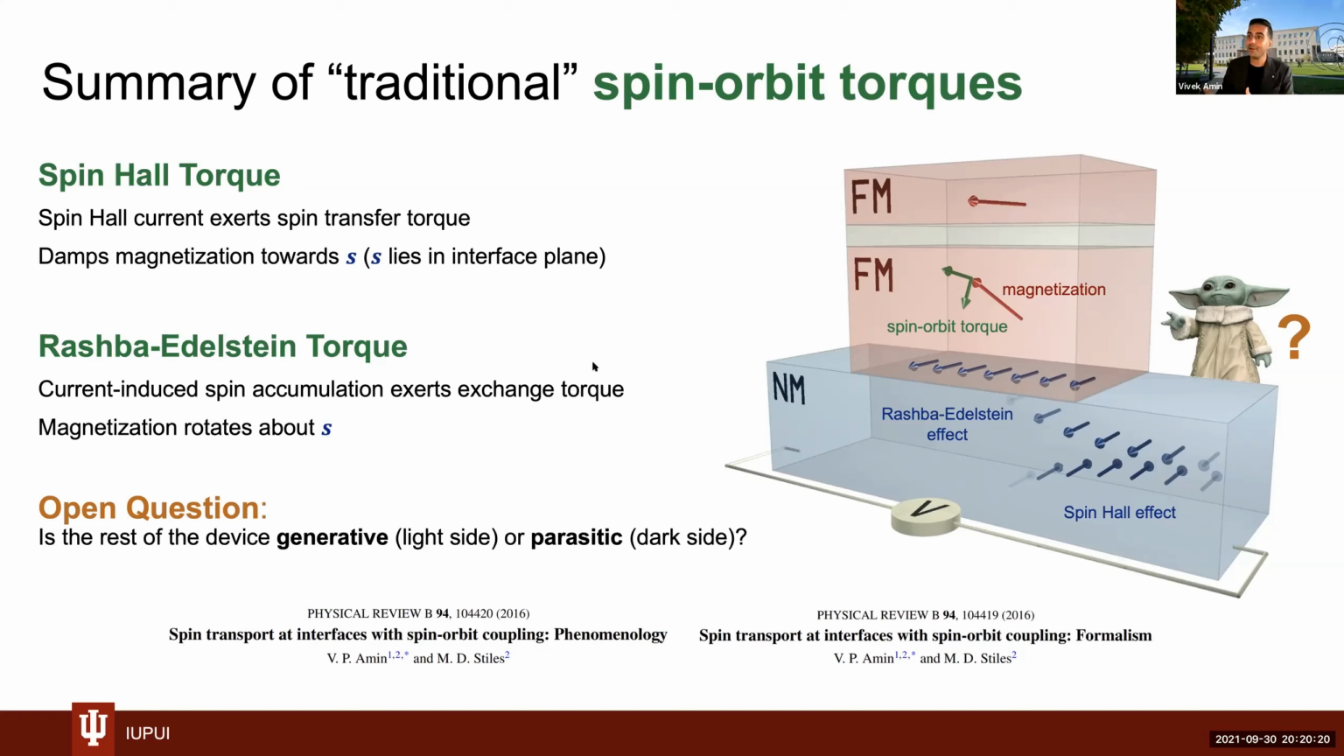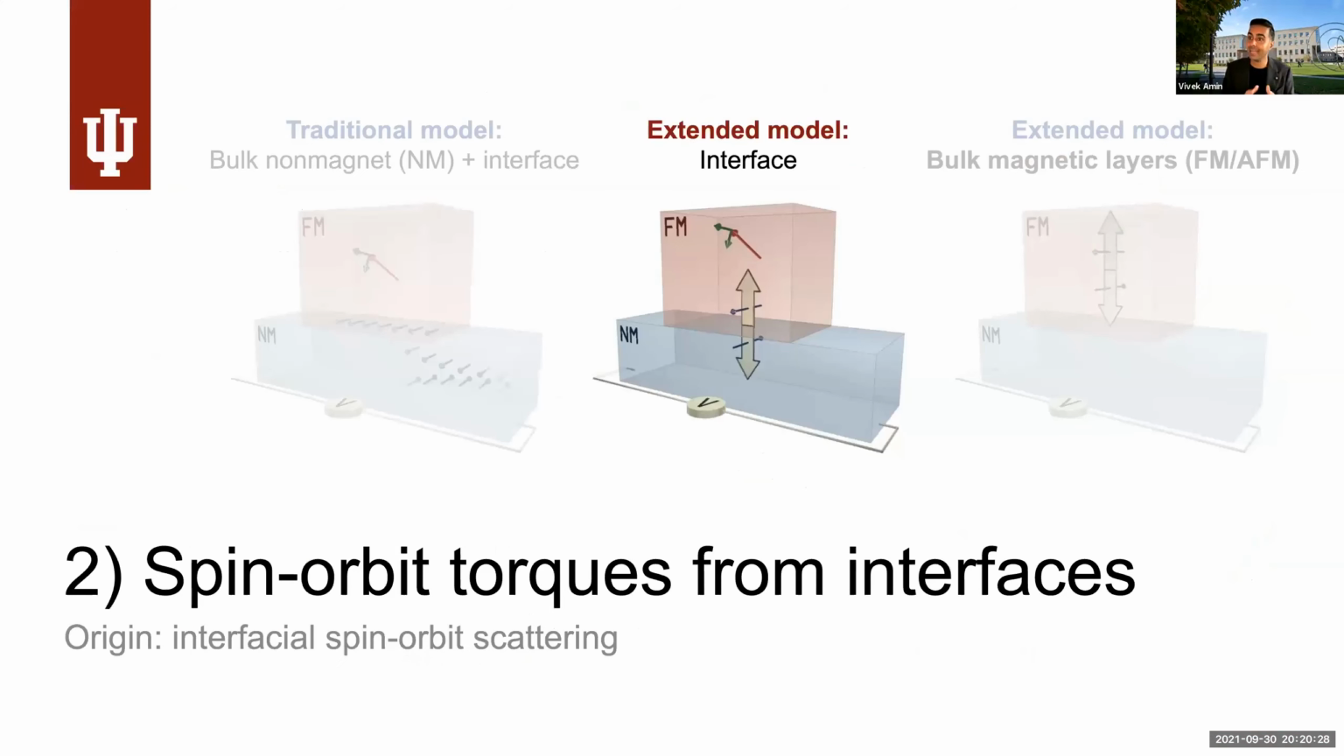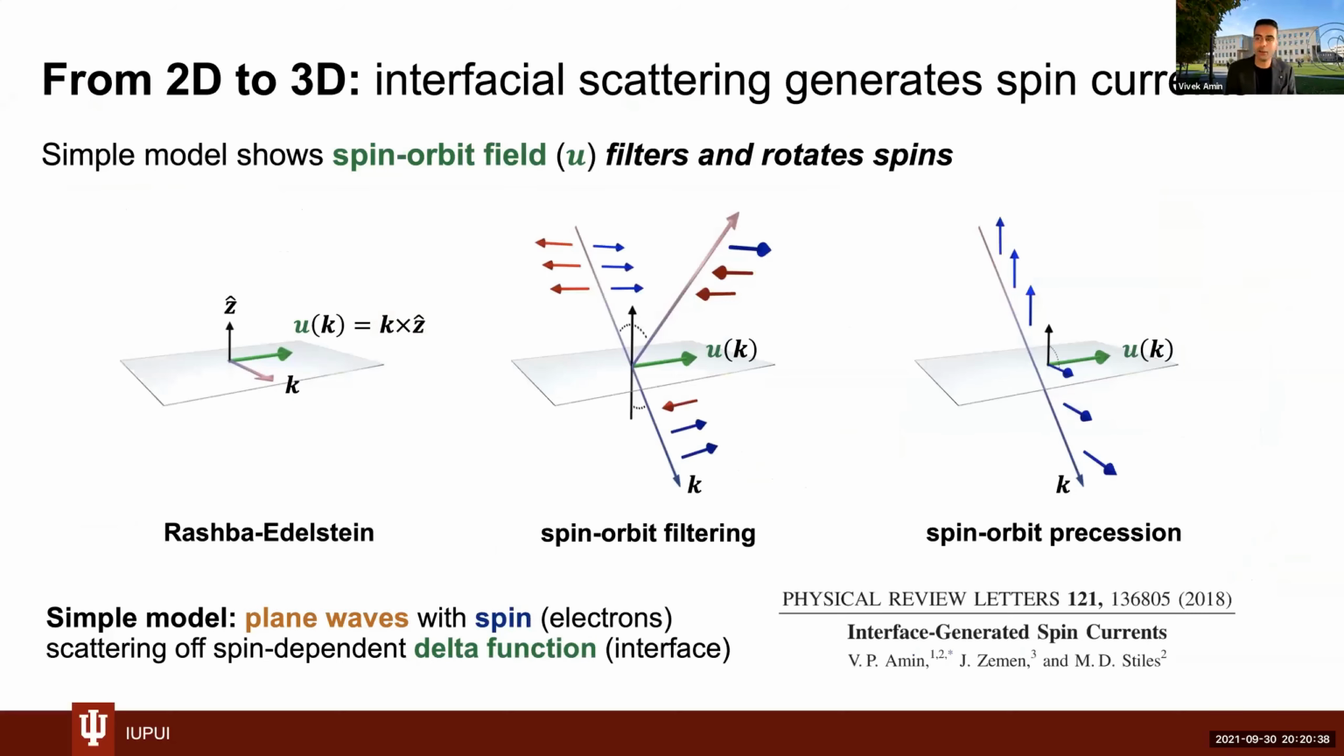So that is now going to segue to the next part of the talk, which is what are the newer mechanisms of spin-orbit torque that have been uncovered, specifically at the interface between the non-magnet and ferromagnetic material. All right, so to understand why we would need to expand our picture, we have to go from 2 dimensions to 3